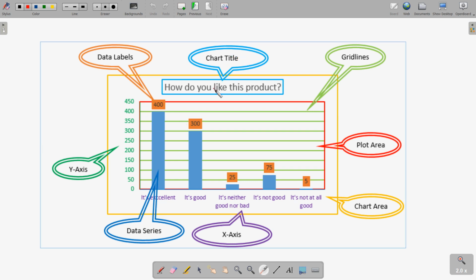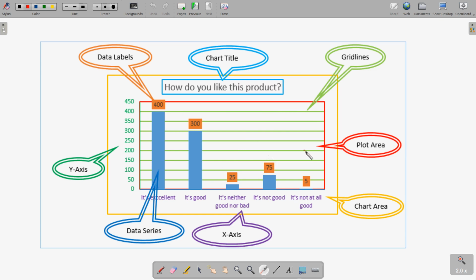So here now we can see all of the terms together. Chart title is the title present at the top of the chart. Grid lines, we have just seen, are the lines inserted in the plot area for increasing the readability of the chart. Then the plot area, the actual area where the different components of the chart are present.